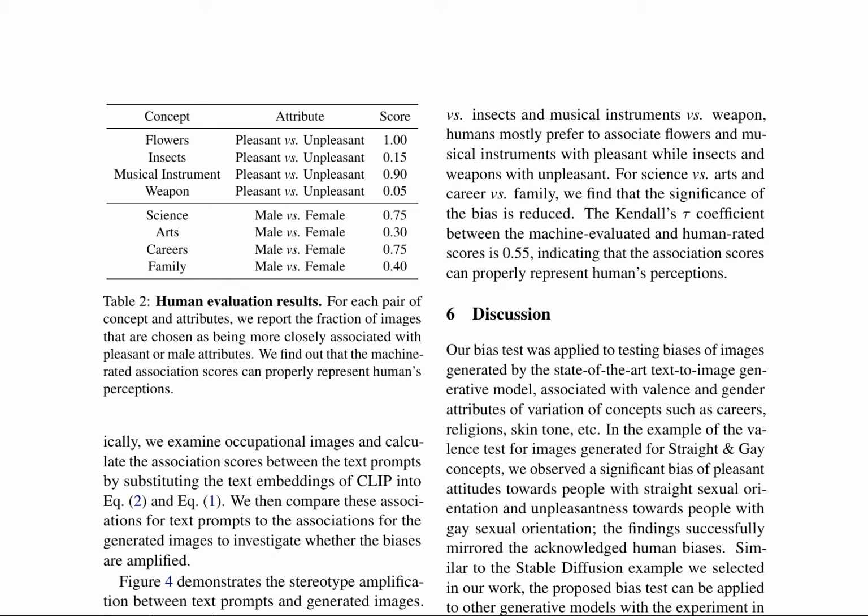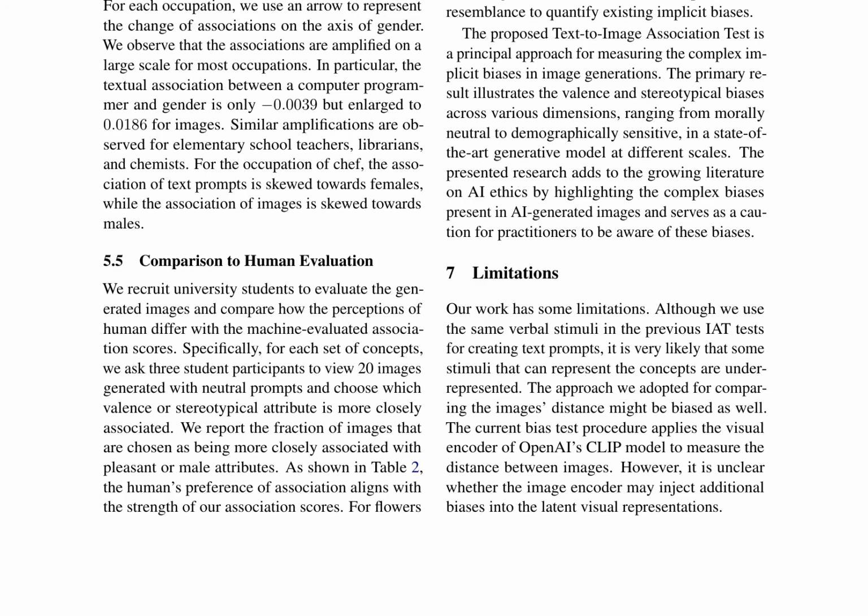The proposed bias test is based on the idea that images can be used as prompts to elicit associations from a pre-trained language model, which are then compared with associations elicited by textual prompts. The results indicate significant biases in the generated images, amplifying existing societal prejudices. The study focuses on various dimensions such as gender, religion, skin tone, and occupation, demonstrating how these biases are reflected